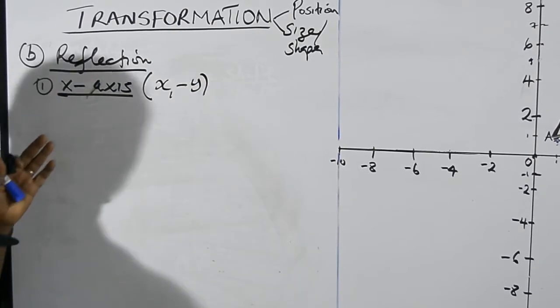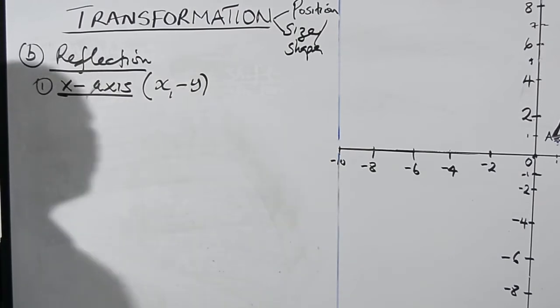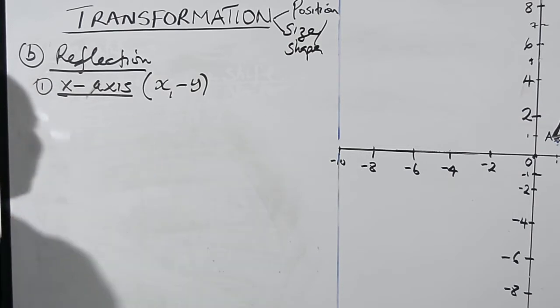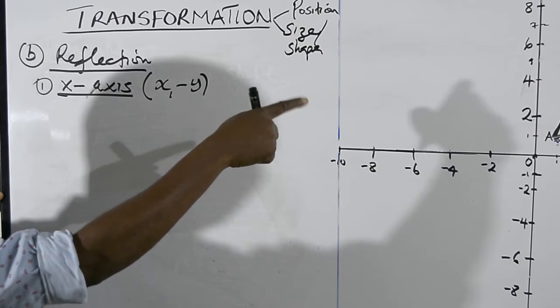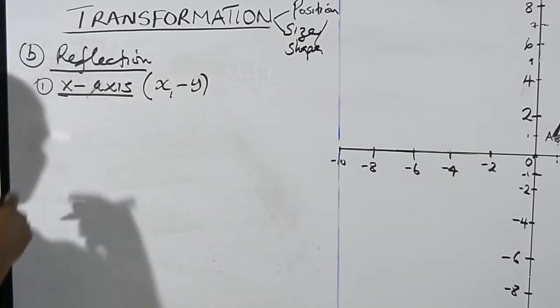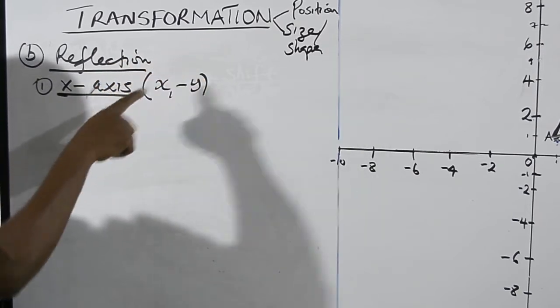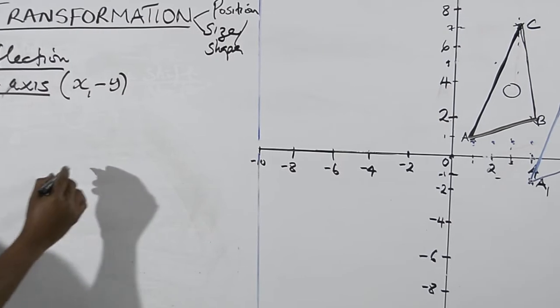So what I will do for you here is to first of all give you the formulas for the types of reflection. Then we use them one after the other to get there. Because of space, we can use one after the other and move. So we still want to use that triangle over there, the example, and we see how it is reflected in the x-axis.